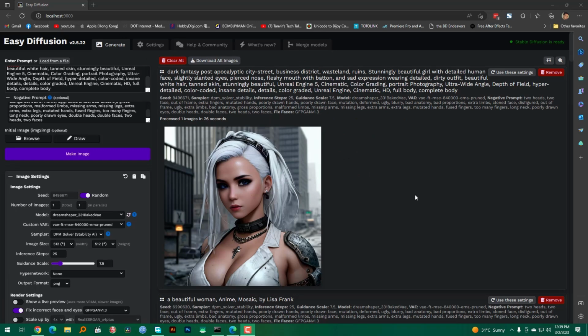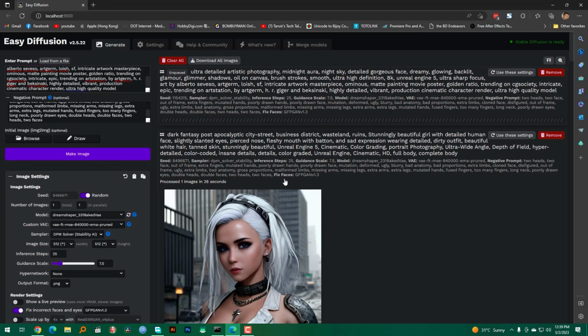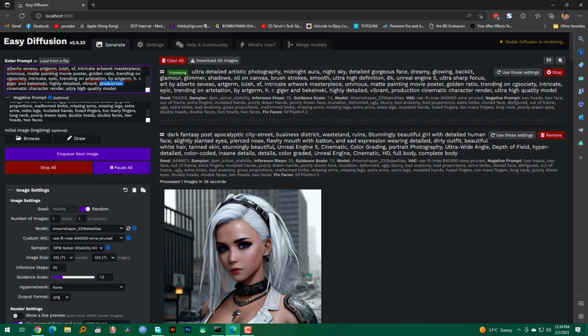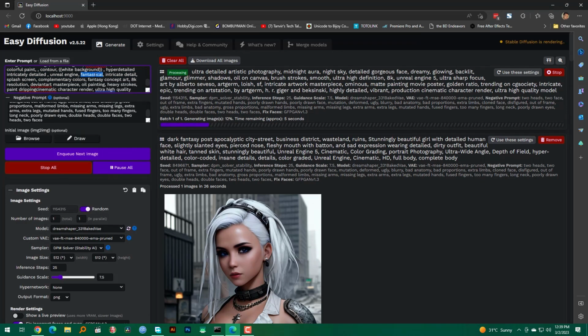Okay, so let's talk about one of the main reasons why I really like this interface: it lets me queue up one prompt after another. Let's say I want to create an image. I have several prompts that I want to try, but I don't really want to wait for one of the renderings to finish. So I'll just paste this and make an image, and then I'll get my second idea and again paste and copy it here